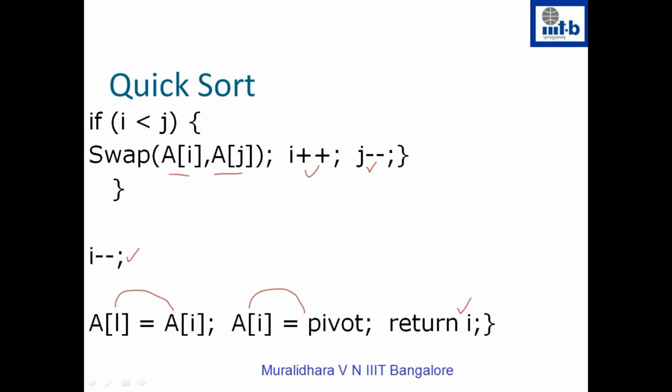So what I have done after I came out of the loop is that the pivot is written at a of I. Before I overwrite a of I, I store it in a of L. So now this is the k that I am returning. The property of k here is that the pivot is at a of k, and all the numbers on the left hand side are guaranteed to be smaller than the pivot and all the numbers on the right hand side are guaranteed to be greater than the pivot element.